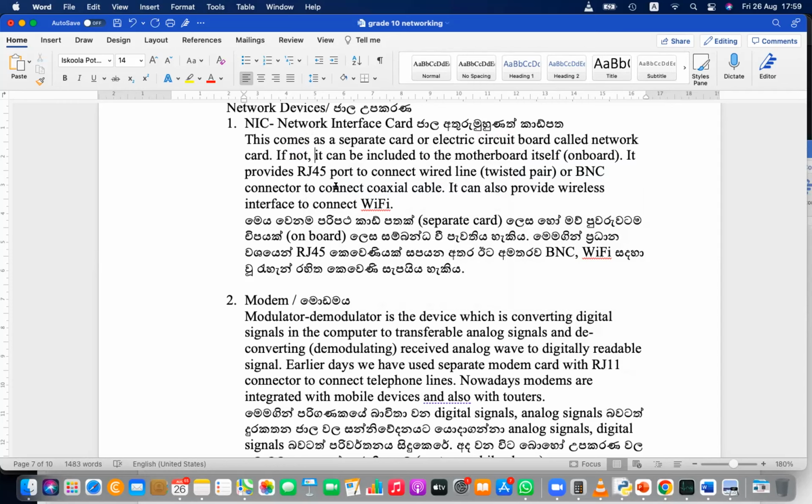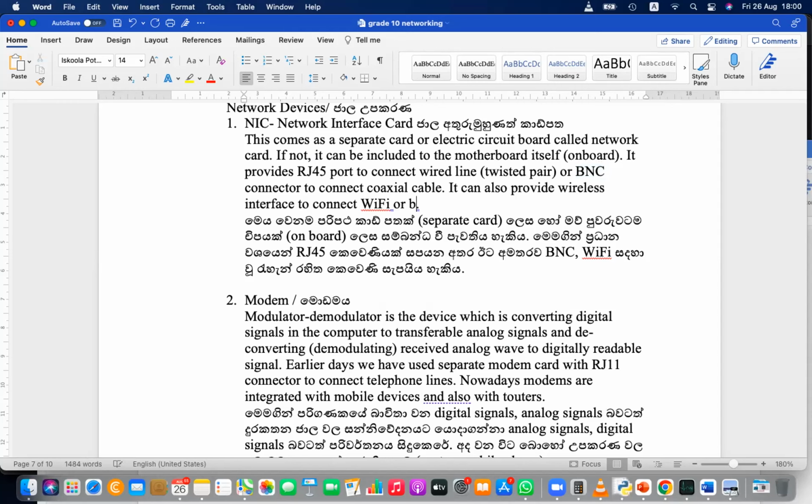Make it interface. So if it is twisted pair, RJ45. If it is BNC, then this coaxial cable connects. If that is a fiber port, then the fiber line will be connected. So it can be RJ45, a fiber line connector, or BNC connector for this coaxial cable. So it can even be a Wi-Fi interface. So even Bluetooth,